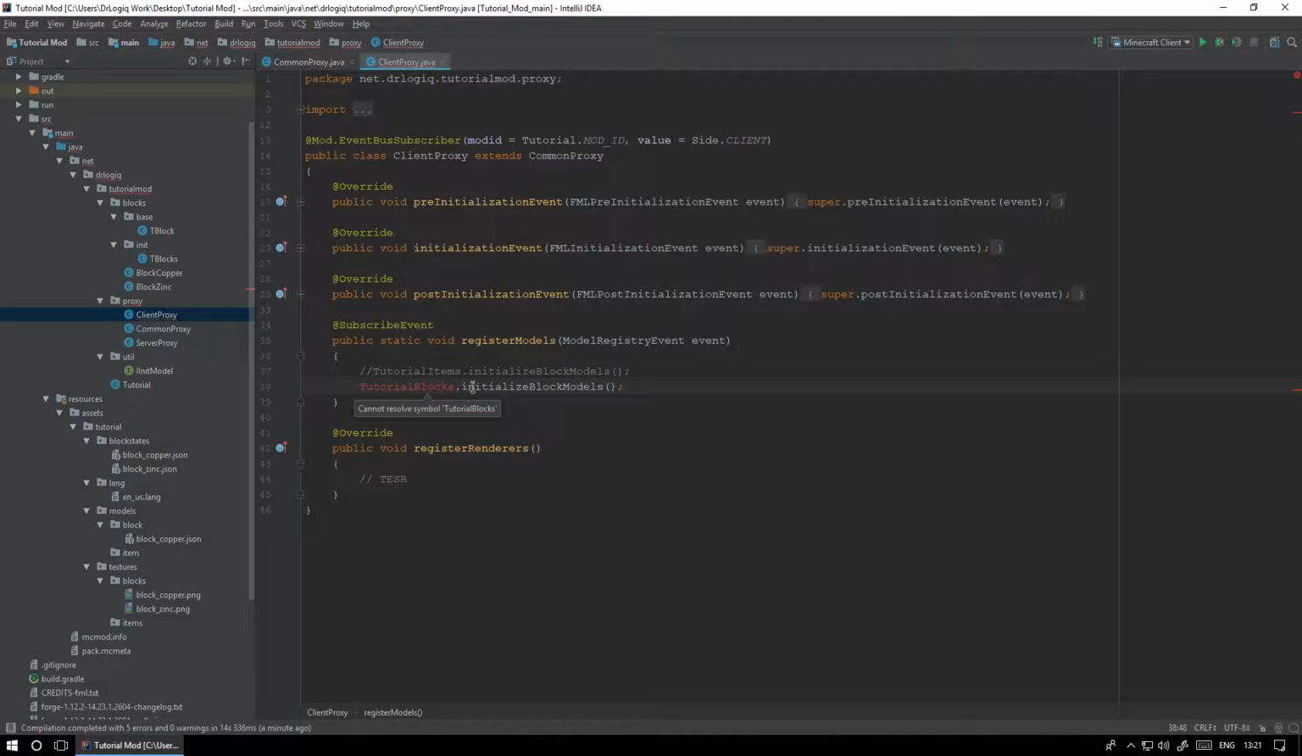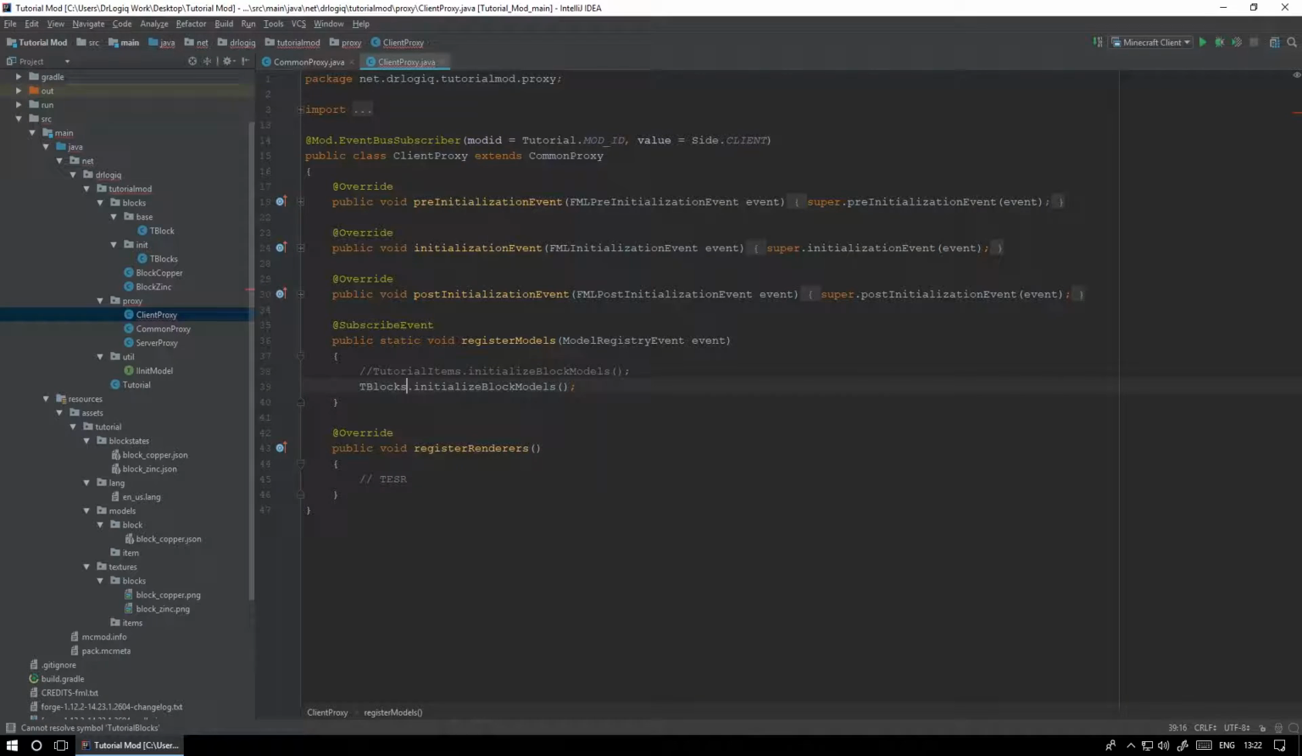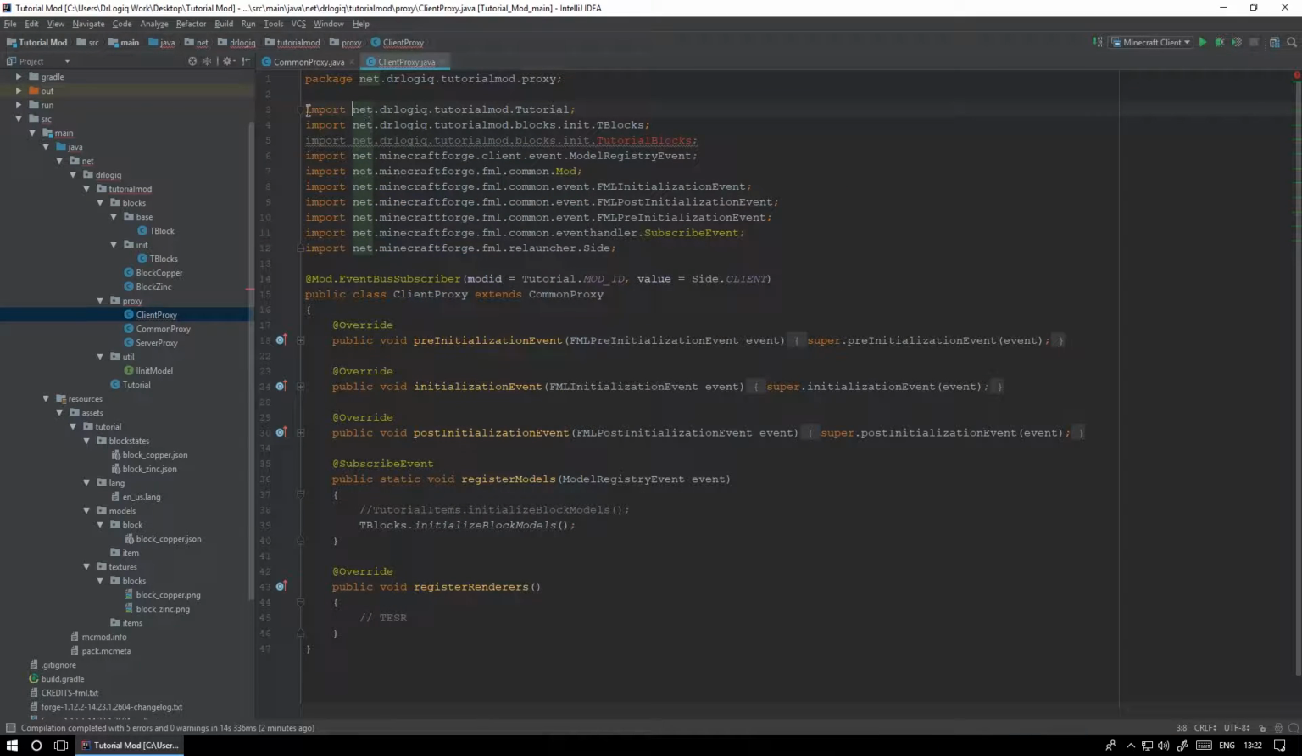In the client registry, as you can see, yeah, we need to initialize the block models in here, which is tblocks dot initialize block models. That's on the client proxy, so that way we can actually,